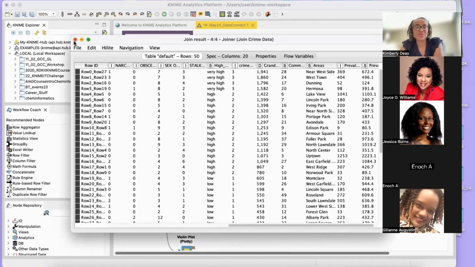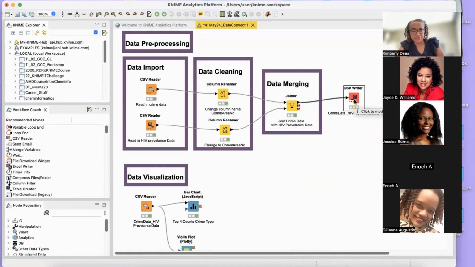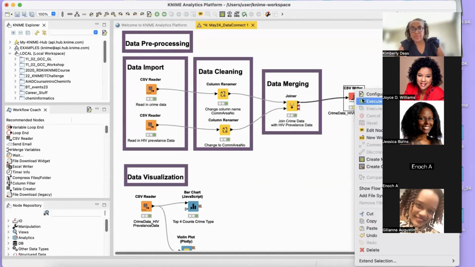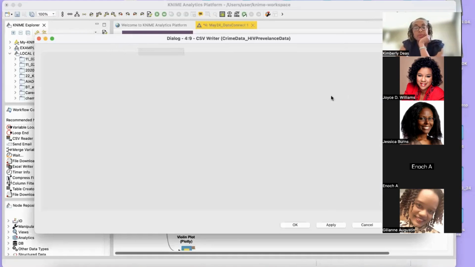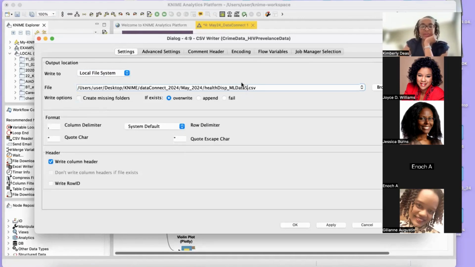Okay, now CSV Writer, I have to do it again. With this one, you have to configure it, which means you have to give it a name. Because I've already named it data 1, I'm going to call it data 5 here. If I call it data 1, that's what I used when I did this presentation a couple of months ago, so I can't save it with the same name.